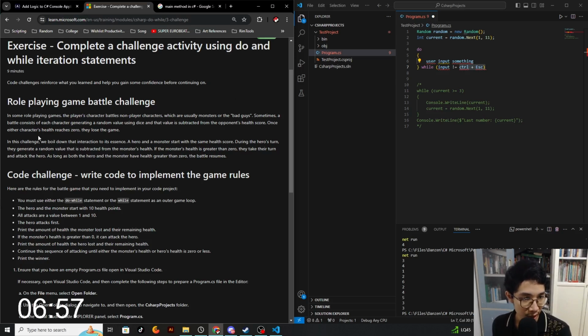Once either character's health reaches 0, they lose the game, or just the player will die. In the challenge, we boil down that interaction to its essence. A hero and a monster start with the same health score. During the hero's turn,